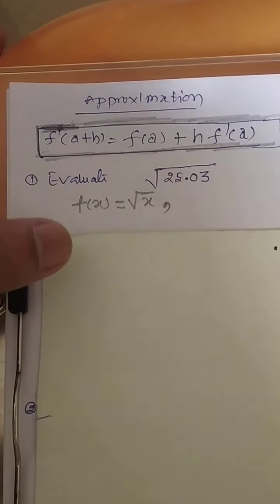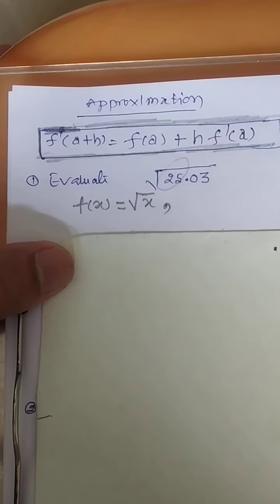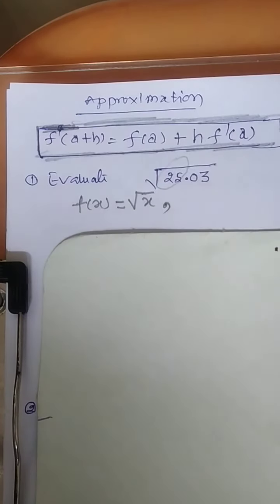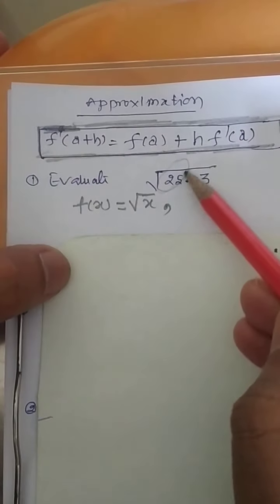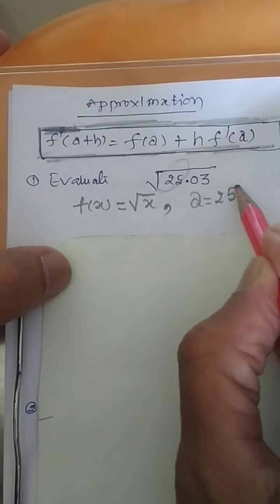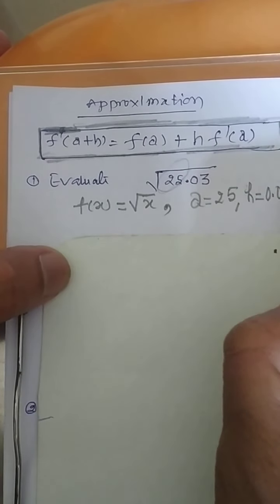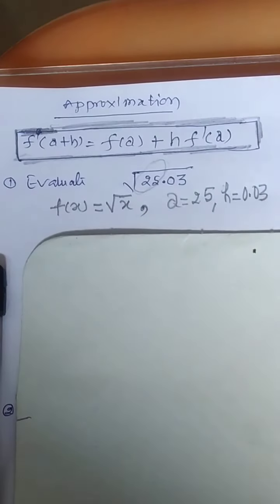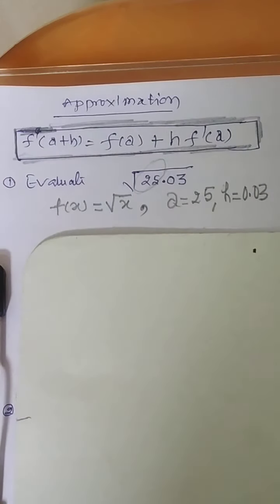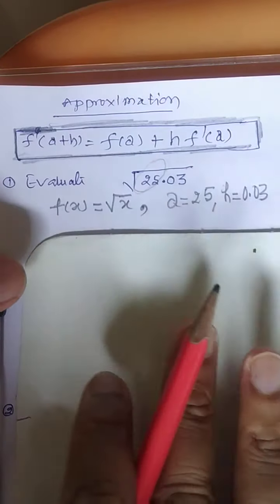Next one, which is known to you, you know that 25. So if I ask what is the approximate value, you will tell 5 point something like that also. 5 point you are telling means you are looking at this expression, the known one. So that will give you the value of a. So in this case, a will be 25 and h will be whatever is remaining, it will be 0.03. So always in all types of question, you should identify what is the function as well as what is the value of a and h. 50% of your work is over. Now, how do you answer the question?